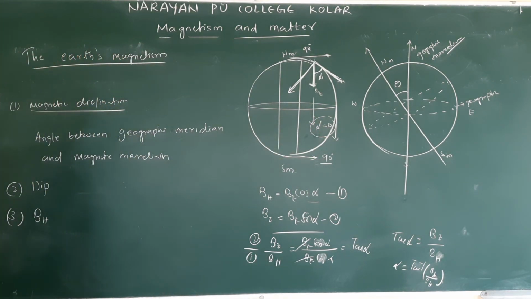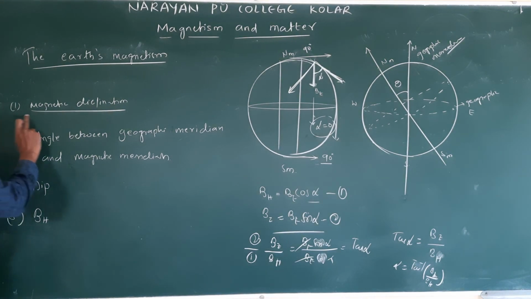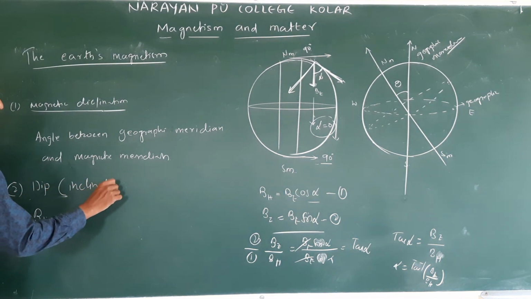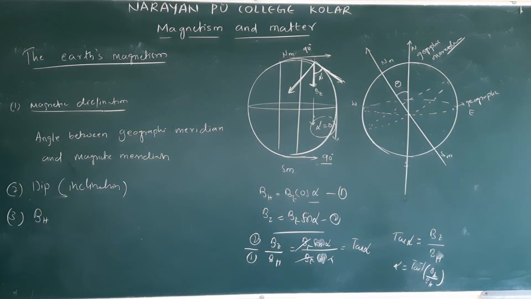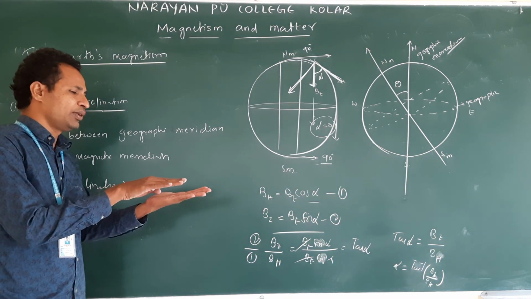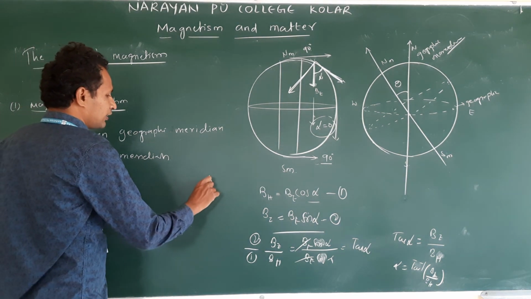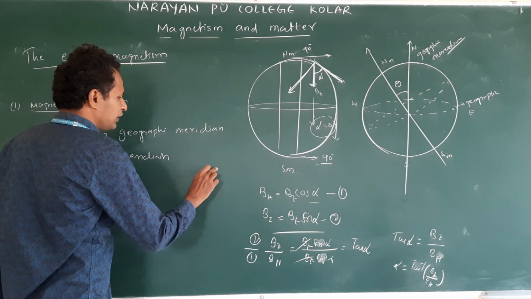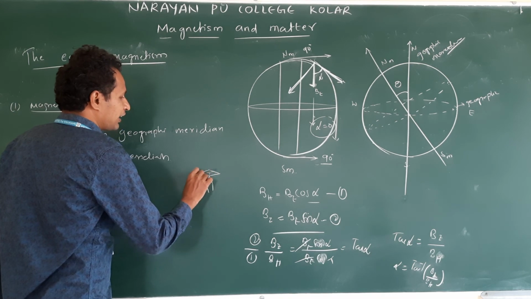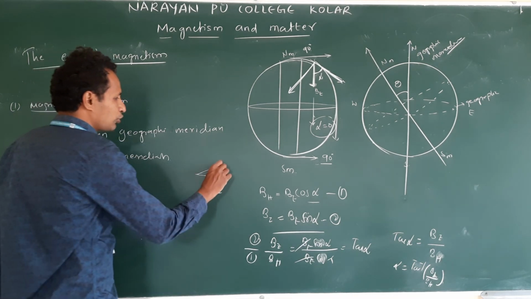So, the earth's magnetic field we can understand by using these three: magnetic declination, inclination, and BH. So, to find the dip, we have a dip meter. Okay, that is very simple. In a compass, a needle will be placed, pivoted on a sharp edge. This is what you will see in this compass. A magnetic needle pivoted on a sharp edge. This shows north and south.